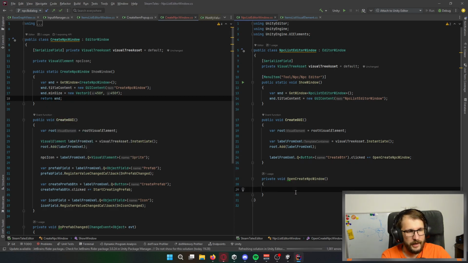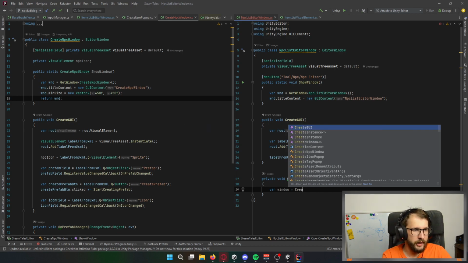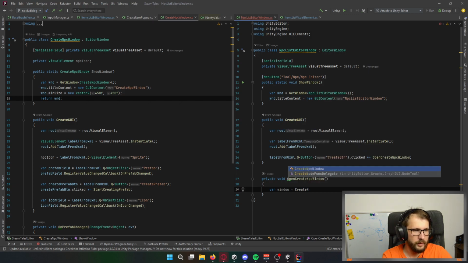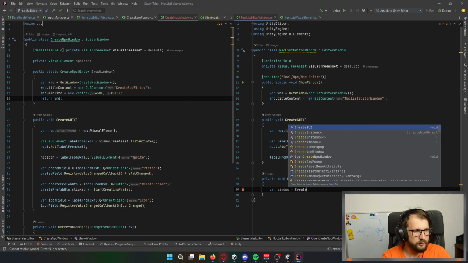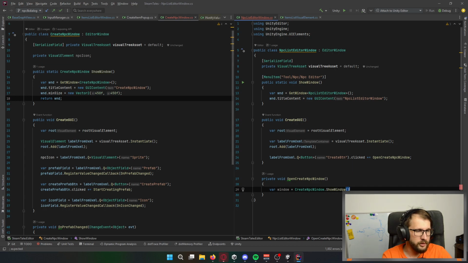Okay, thanks to that I can catch a reference to this window. It will be create NPC window, yeah, right, show window.